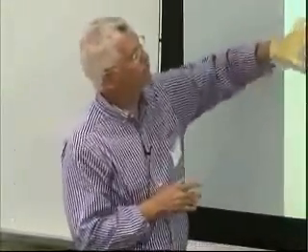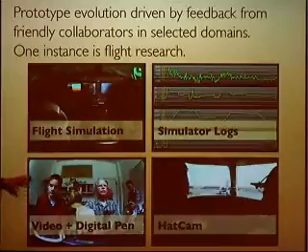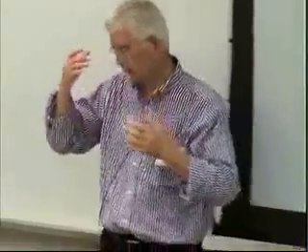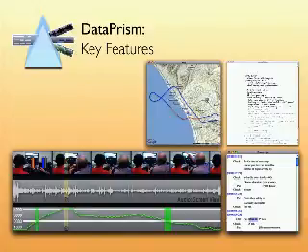And so we have flight simulator logs in the tool. We have video from multiple camera sources. One of them is this little hat cam, with a little camera inside the hat that we use in the cockpit to record video. And so let me just tell you a little bit about the key features of Data Prism